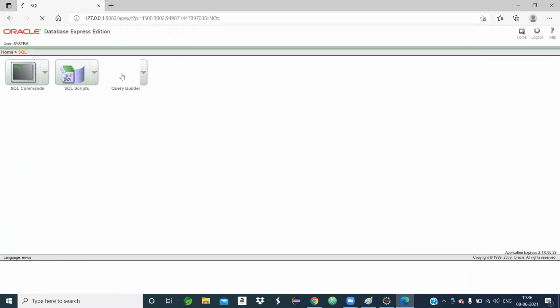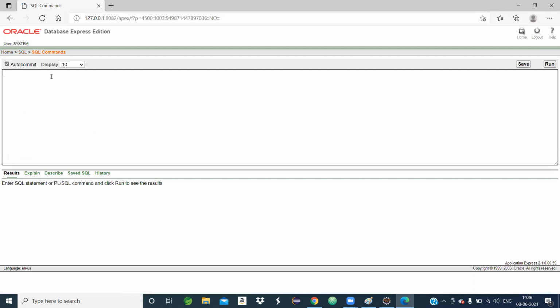Then I will go through SQL. I click SQL commands. So this is my Oracle environment. Select my table name, which was what? You recall, employee_detail. So this table I had created. Now I will hit run just to see. So it was my table in our previous class. I had created this table and 3 records already inserted.